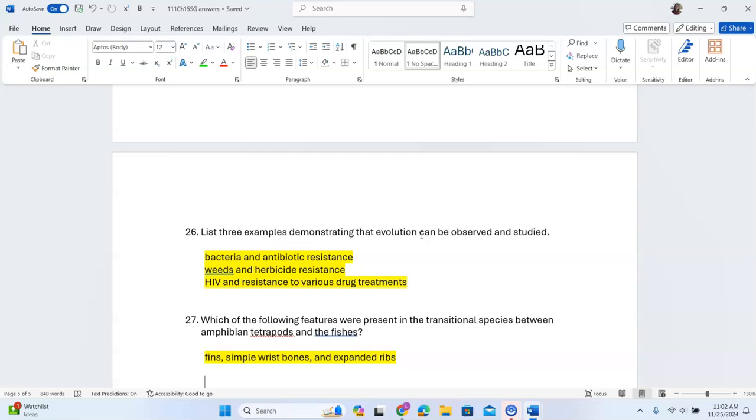So HIV and resistance to various drug treatments. HIV will respond to drug treatments for a time, and then the drug treatments have to evolve to treat the evolving HIV. And I will say about bacteria and antibiotic resistance, I can say this because I've